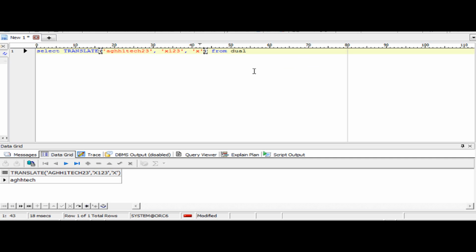Now we use this technique to filter the junk characters in the variables. Here the first parameter is the string with some junk characters we don't want. So these are the junk characters we want to avoid. And the third is just null. If we run it as it is, we will get a null as we tested already. So what do we do? We put any ASCII character here, and then repeat it in the third parameter. Now run it. We got the clean string here. So that's the technique we use anywhere we want TRANSLATE.